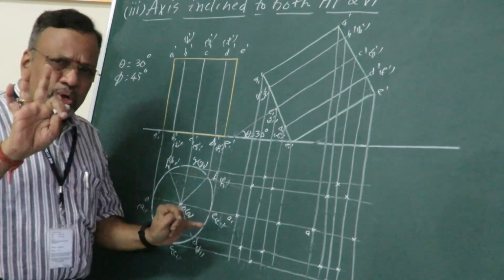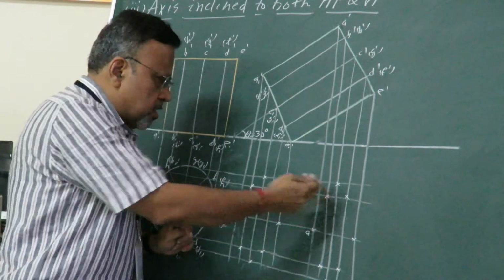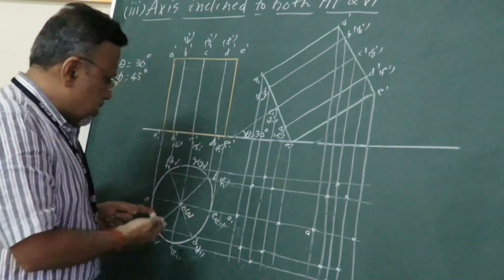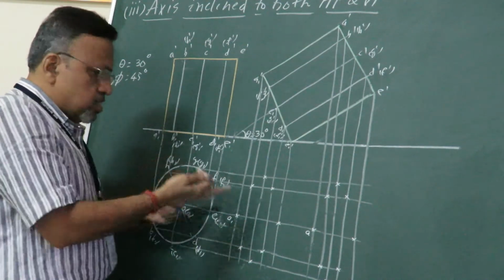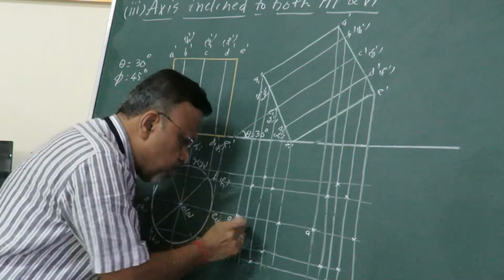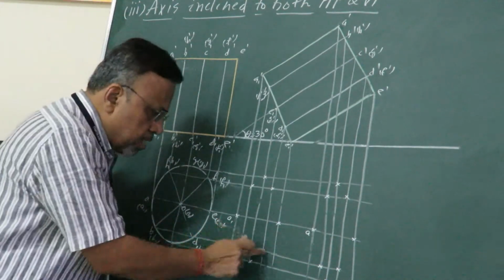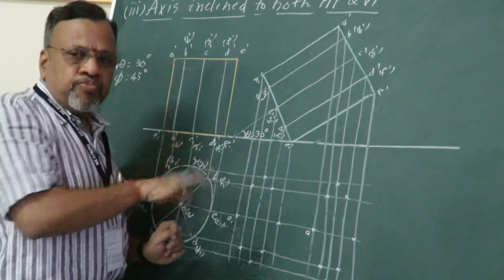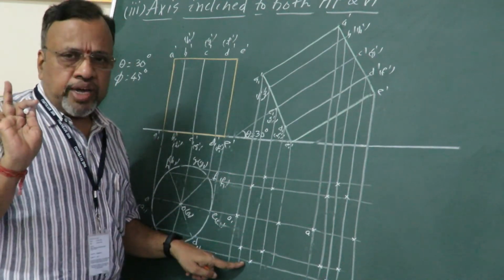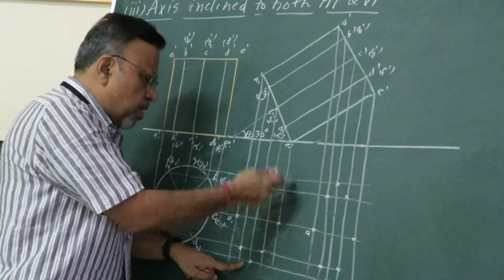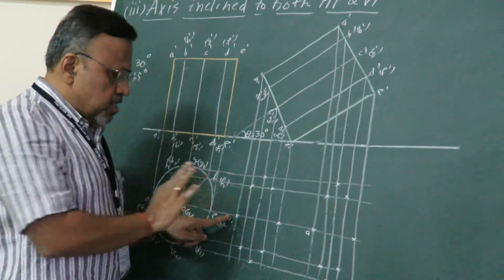And naming also you can do later, because I have seen students worried about putting points. As I said, here you have how many points? In this case I have taken 8 plus 8, 16 points. So if you keep on giving prominence to that, I cannot see the curve. Okay, just mark the points, then get the projections, then you can show some intermediate points later. Is it okay? So don't unnecessarily keep on marking A, B, C, D, A1, B1, C1, etc. Not required. Only as a reference I can just mark here.